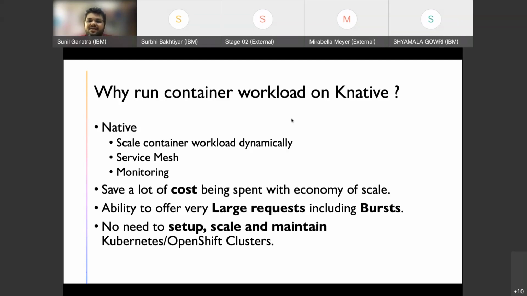Running your workload on Knative will also save a lot of cost. And if you have not accounted for certain surges of requests, it can cater to a large number of requests, and if there are bursts in requests, it can handle all those things also. And Knative can run on top of Kubernetes as well as OpenShift, which are widely used in industry.